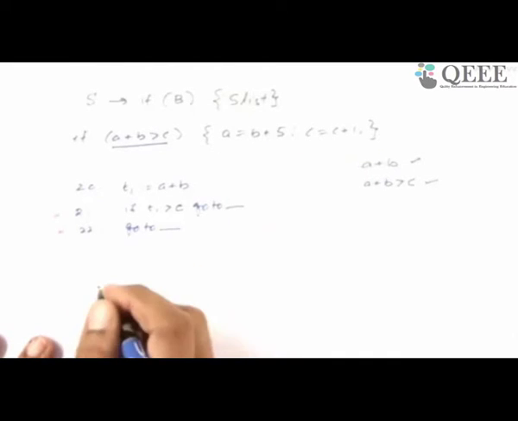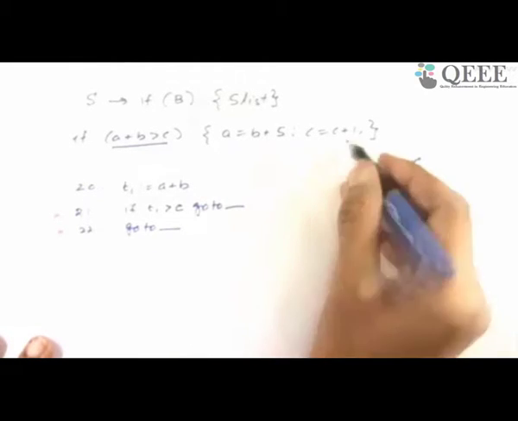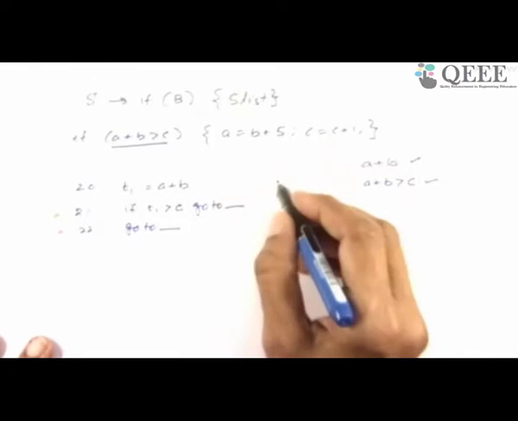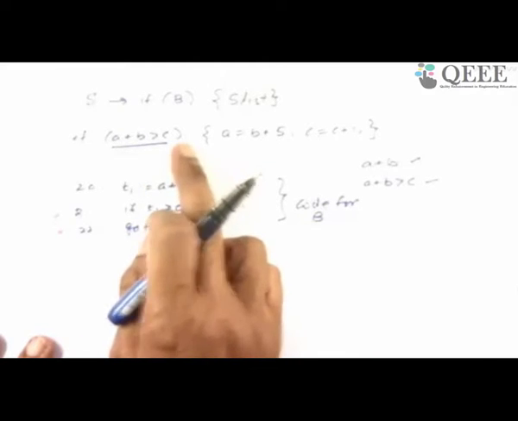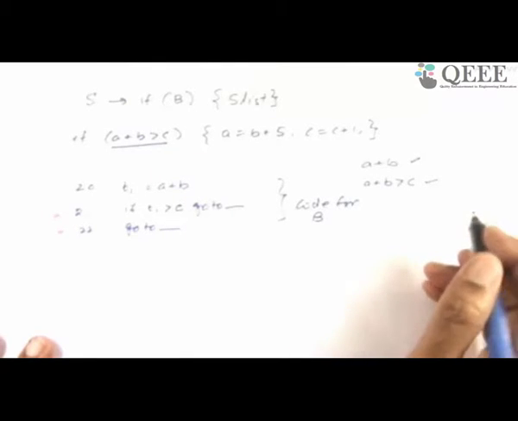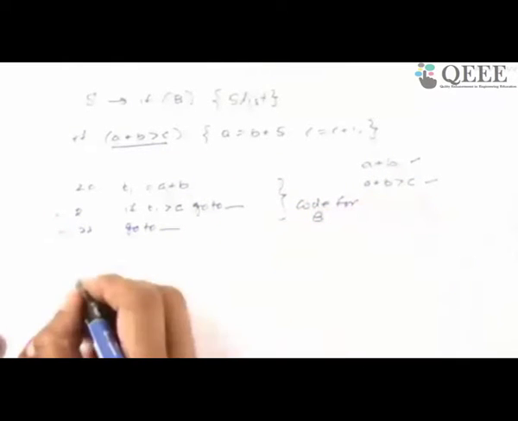So I start generating code for S list. I've already generated code for b. This is all the code for b, which is incomplete. This is the intermediate code for b, which I've generated after a plus b greater than c, closing parenthesis, have also been seen. Now as I go through the S list past, I'll generate a little below.